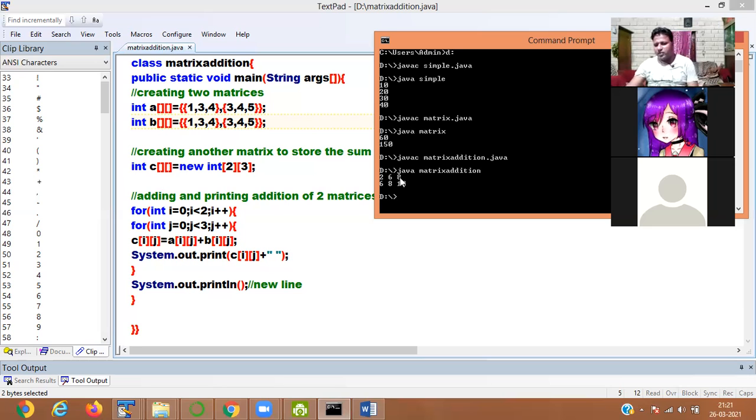In a similar way it is added all the numbers in matrix addition.